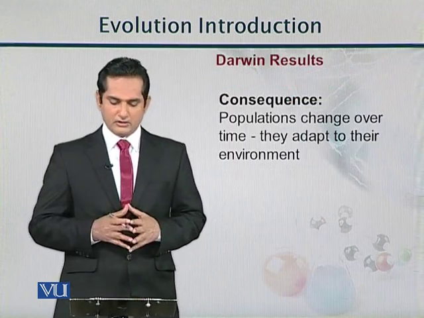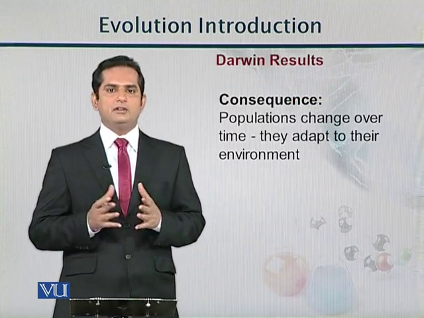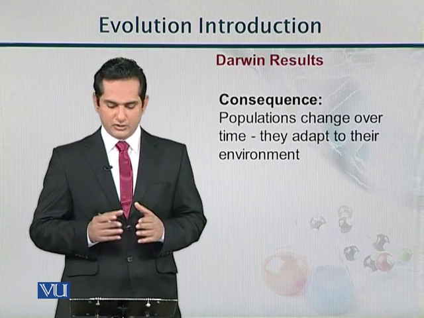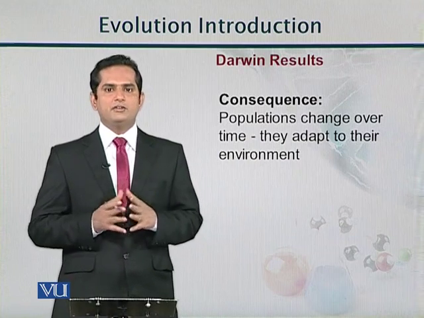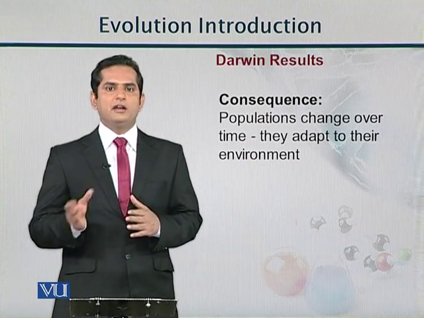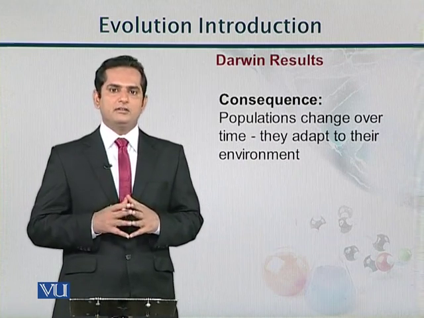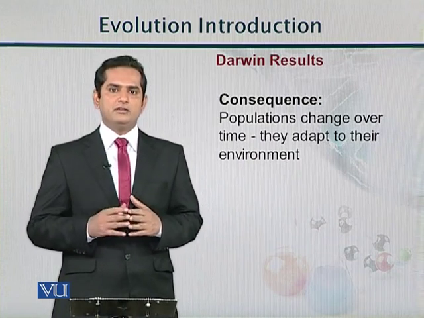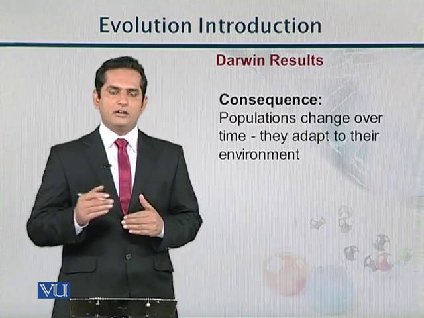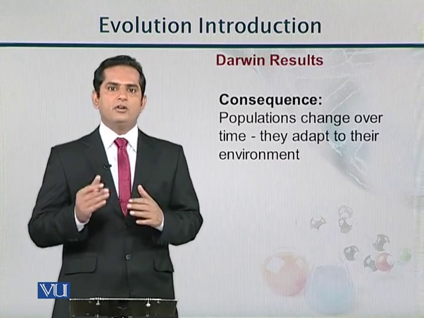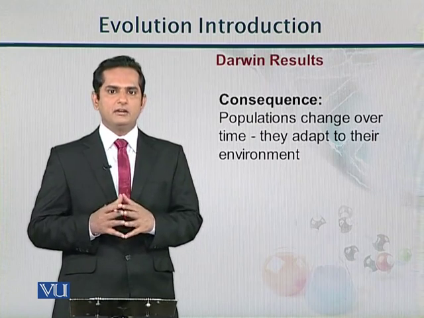So what are the consequences? So the consequence of natural theory of selection is that population changes over time. Why does it change over time? Because they adapt to their environment. So if the environment is abruptly changing, then species or organisms living in that environment also modify themselves and change